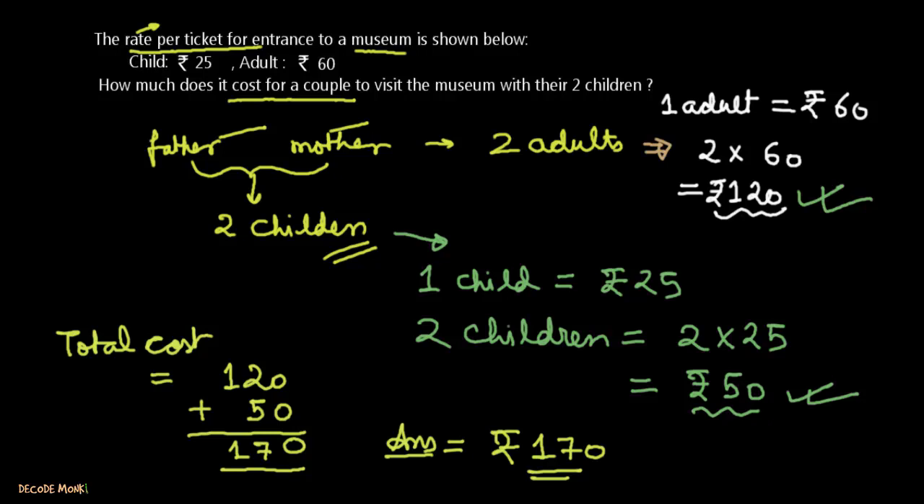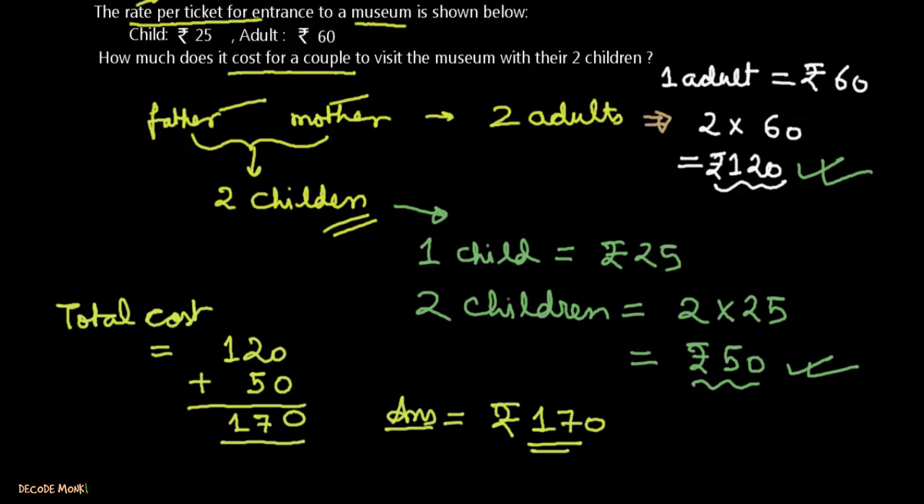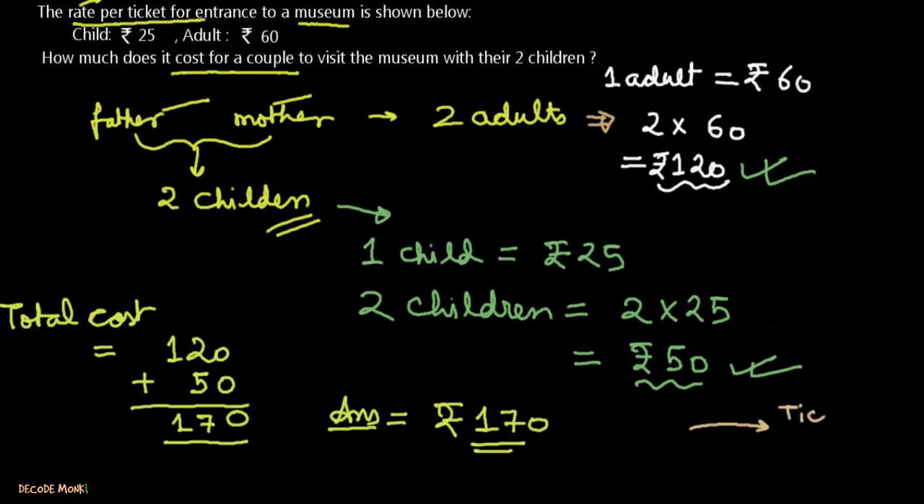Now suppose this question may have been extended. For example, if it is asked, what if at the ticket counter a 200 rupee note is given? What if a 200 rupee note is given at the ticket counter? Then how much will be refunded? Because you understand that you have to pay not rupees 200 but 170, but you don't have the exact denomination of